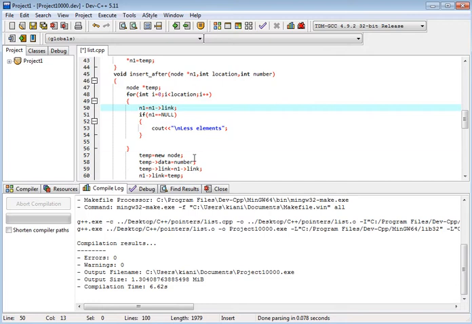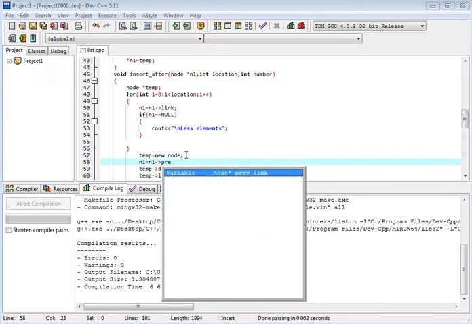So new node, and after new node we have previous. So we have temp, we have n1 is equal to n1 previous.